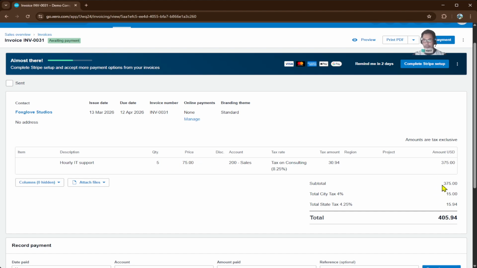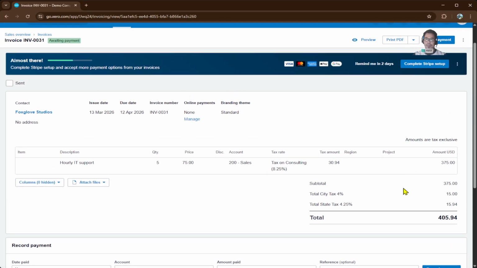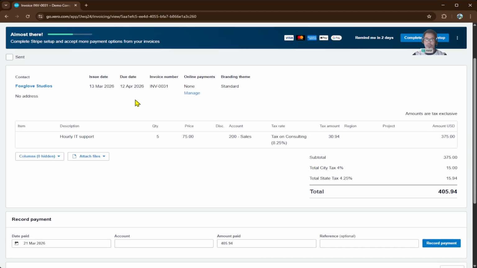And here's the breakdown right here. Subtotal is 375. City tax, which is 4% of the figure, equivalent to $15. State tax of 4.25%, that's equivalent to $15.94. And that should have a net total of $405.94. So say we received the payment from Foxglove Studios for this invoice with that amount,